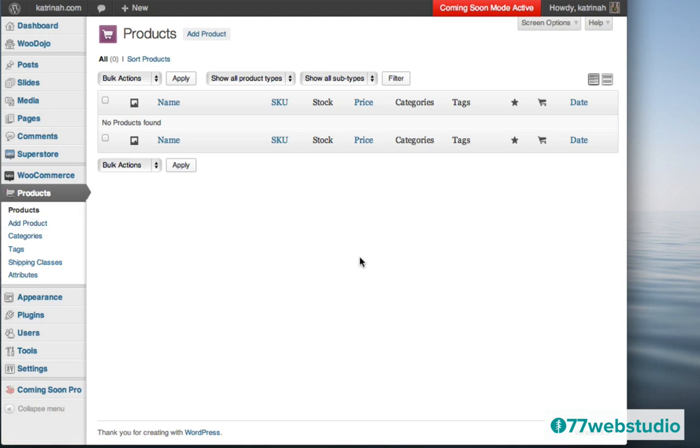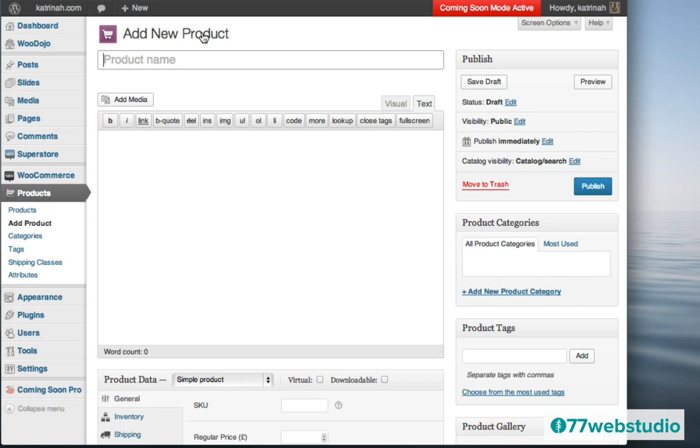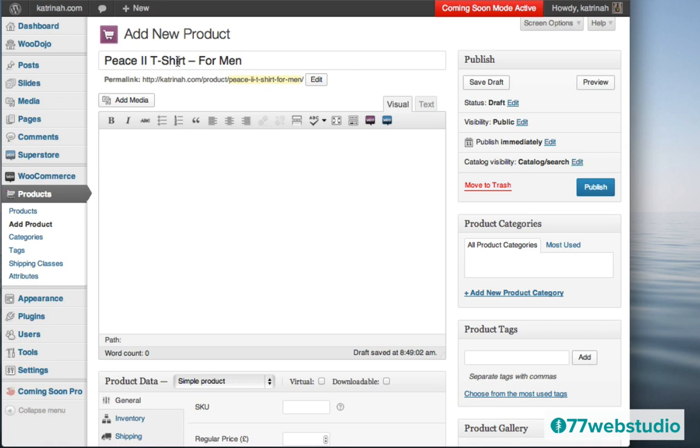And here on the product screen, you want to click on Add Product to add a new product. The first step here is we want to add a product name. So I'm just going to add a product name right there. And once you've added a product name, the next step is you want to add a product description in this